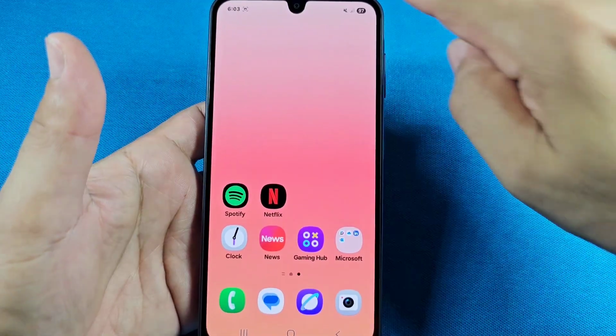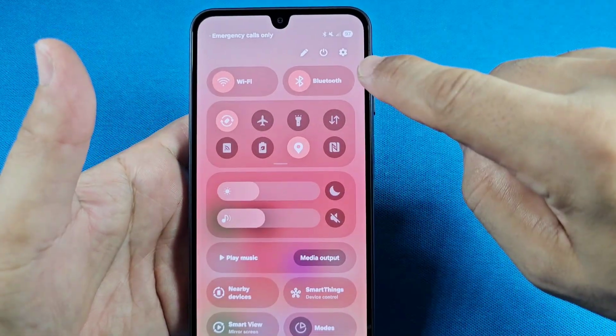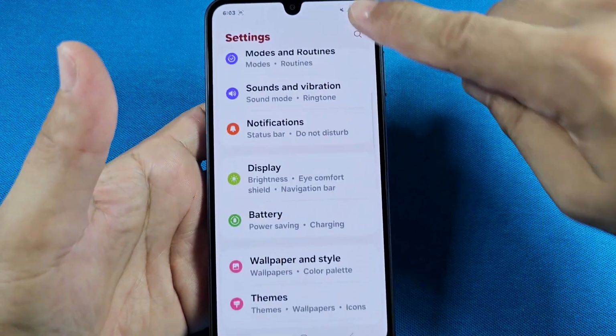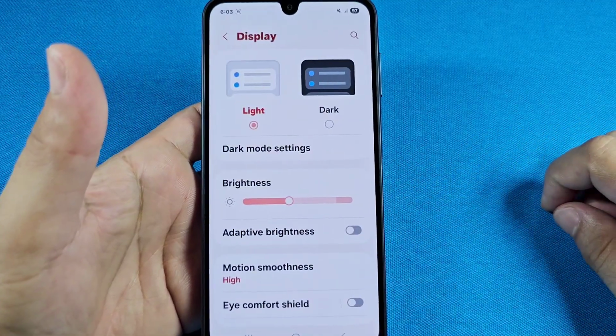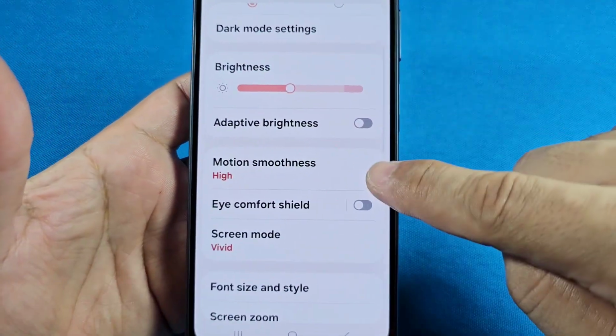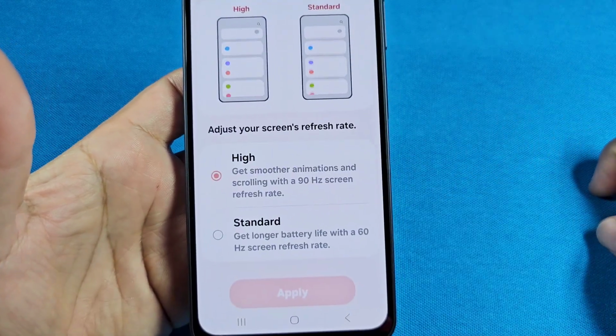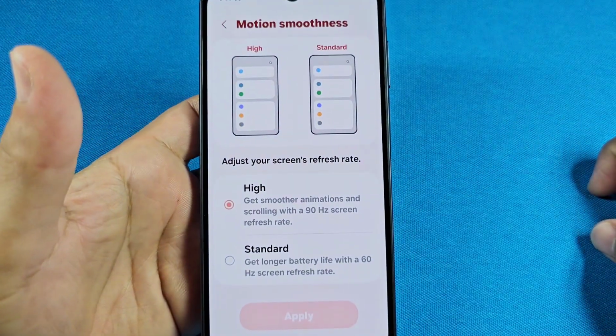When you're ready to do this, go into the quick access like this here, tap on the settings toggle right there. And once you're there, you'll go down until you see display. From here now, you want to go down to where it says motion smoothness. That's also refresh rate. So as you enter here, you have two options, and the default settings will be the